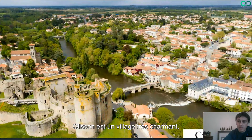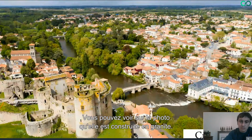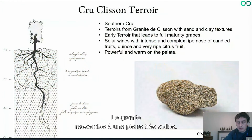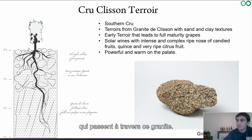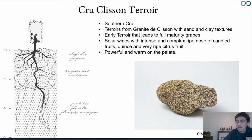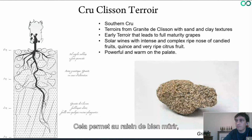So Clisson is a very charming village that sits to the south of the Sèvre-et-Maine appellation. As you can see in the picture, it's built entirely with granite. Granite can look like a very solid rock, but in our area there are a lot of geological faults that go across this granite and weather it into sand and clay. This allowed quite deep rooting of the vines with very regular water supply,